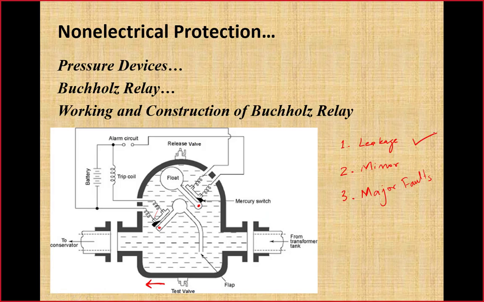Next, come to the minor fault. If due to a prolonged overloading condition the insulation health deteriorates, what happens? With the passage of time, a small minor fault may occur inside a transformer. That will be a turn-to-turn fault, or just due to increase in temperature of the transformer, insulation may start getting damaged. High temperature will result in damage to the insulation.